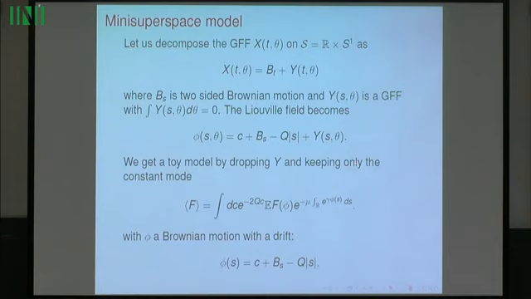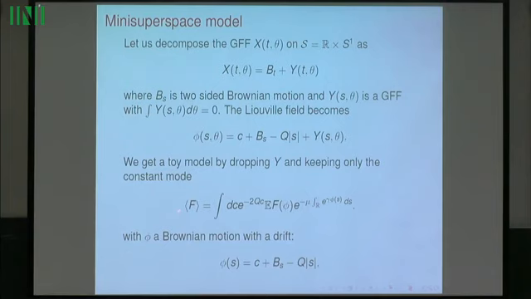And let's now make the brutal approximation where we just forget about the rest altogether. This is called the mini superspace model. So we only have the constant mode, okay? So we are sort of forgetting about the Gaussian free field, except the Brownian motion, which is generated by the motion of the constant mode. Okay? Then we have an expression which every probabilist probably recognizes.